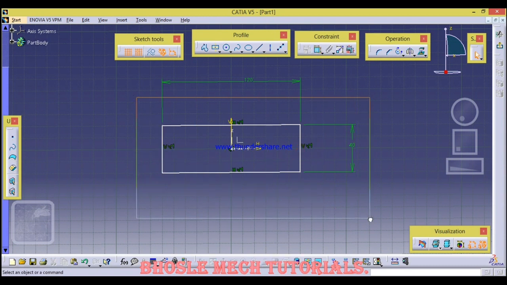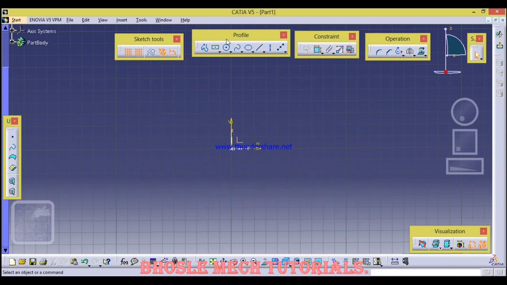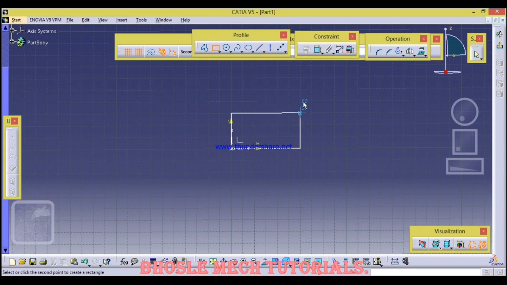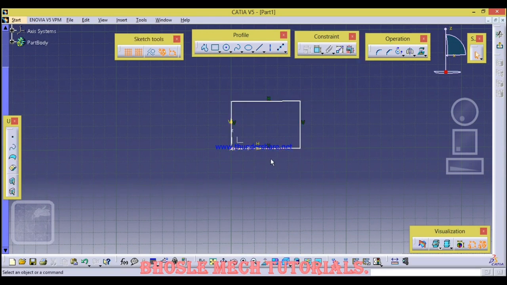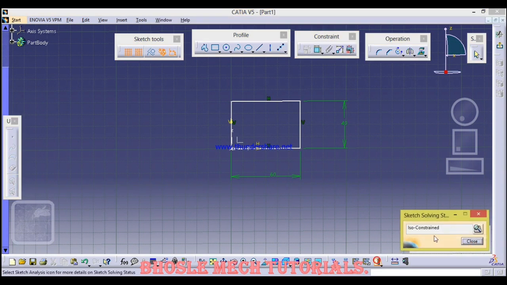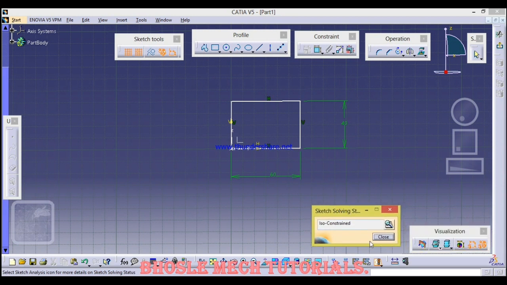Sorry friends, let us try a different profile. Here I will consider this rectangle. Okay, this is a rectangle. Now go for constraining. This is 60 and this is 40, and now you check this. See here, this is ISO constraint, meaning you are getting a completely constrained figure.